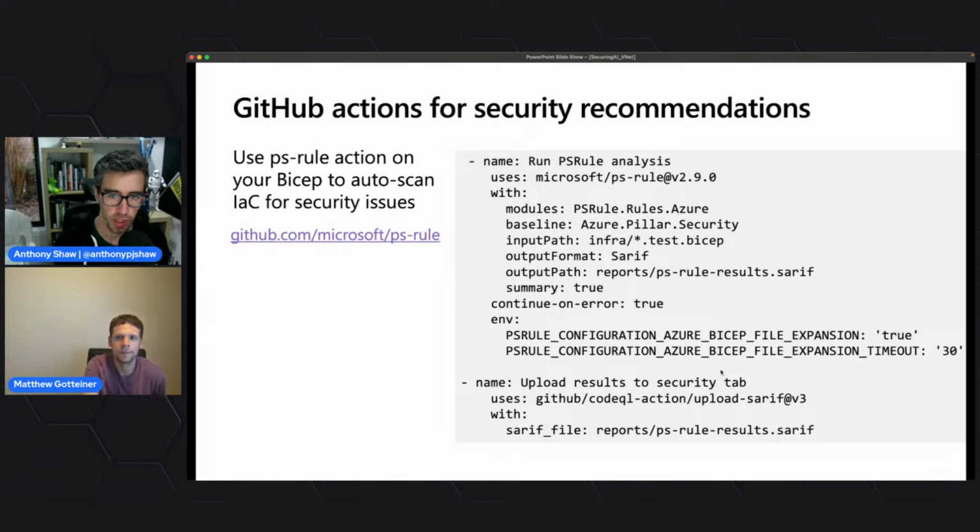And that we can do with a scanning tool that looks specifically at Bicep files. It will look at the Bicep and assess what infrastructure would be deployed from that template. And then it compares it against a rule set of hundreds of different rules, which includes both general best practices as well as security best practices. So what we've got in GitHub Actions and also in Azure Pipelines is the ability to run a check that can be run as a sort of CI/CD check that will look at the Bicep and tell you,